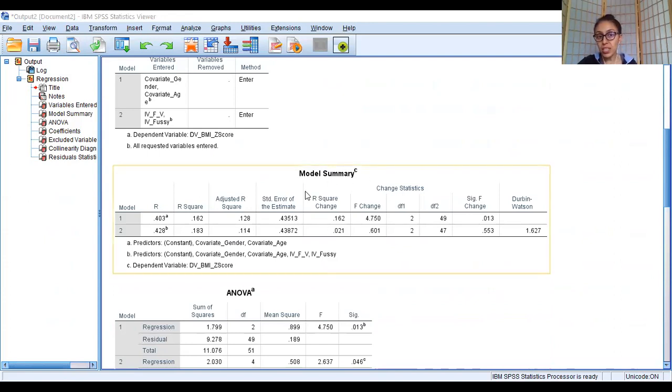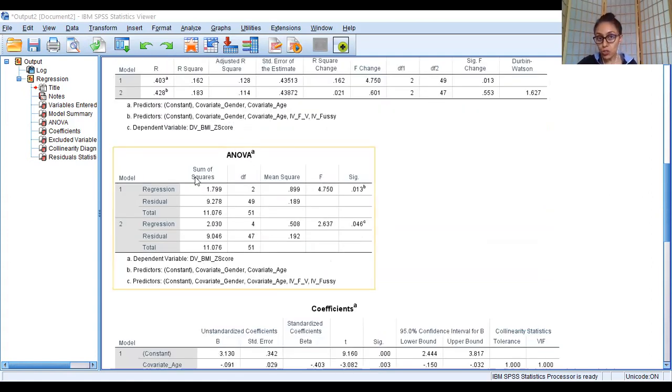Okay, so you have your model summary over here. I spoke about adjusted R square. I spoke about the R square change, and I had highlighted all of these values in red. If you see the Durbin-Watson, again, we are in the safe zone, between 1 and 3. If you see, the model is not significant, meaning age, gender, fussy eating, and fruit and vegetable intake, all of this together is not significantly explaining the child's weight status. And then this is what I showed you in the PowerPoint slide as well, the ANOVA table.